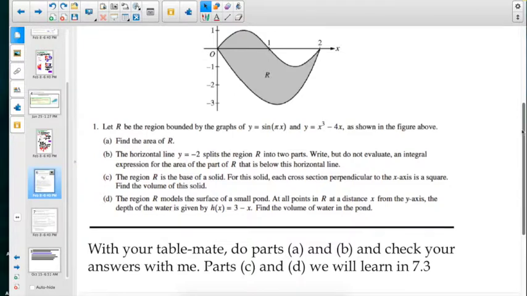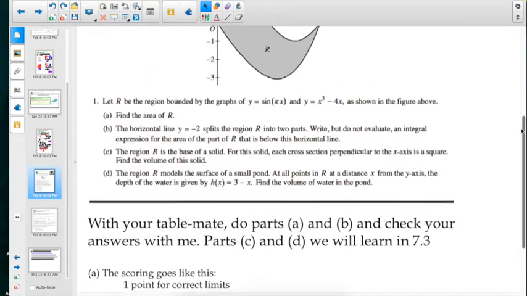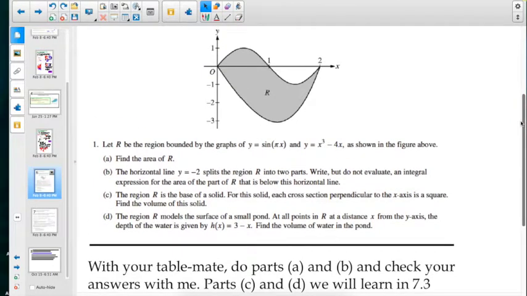Okay, there we go. This first one is a calculator. Notice the instructions at the top say you can use a graphing calculator. We're just doing A and B. Okay. So go ahead at your tables and come up with the answer for the area with your calculator. So it should be a quick process. Okay. And then B is going to require a little